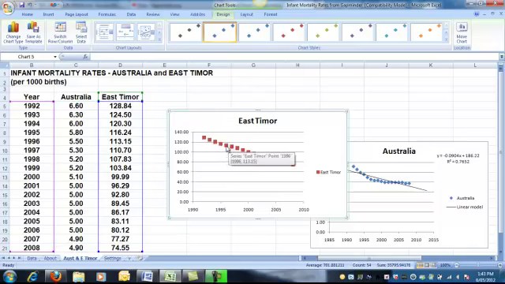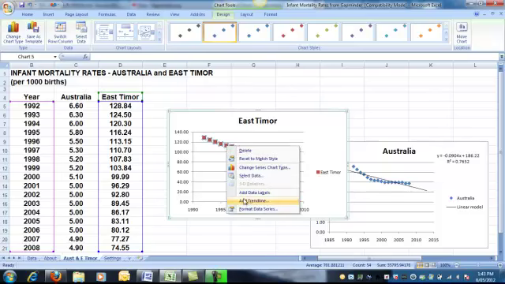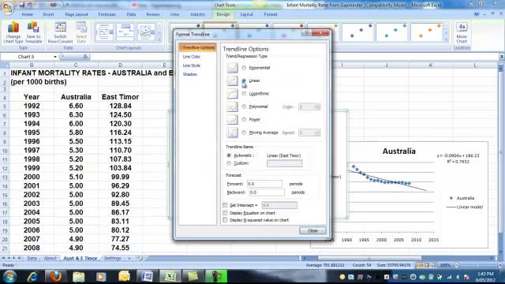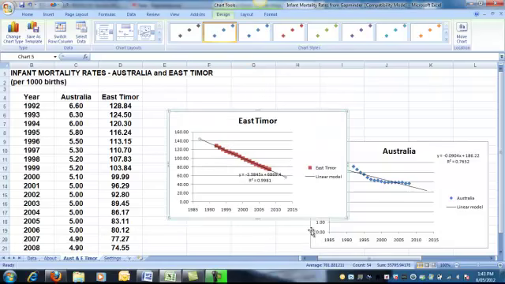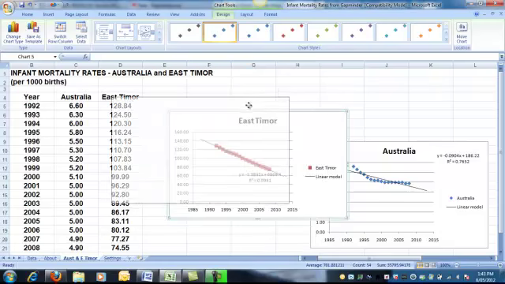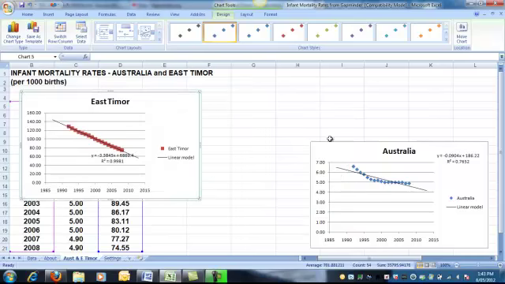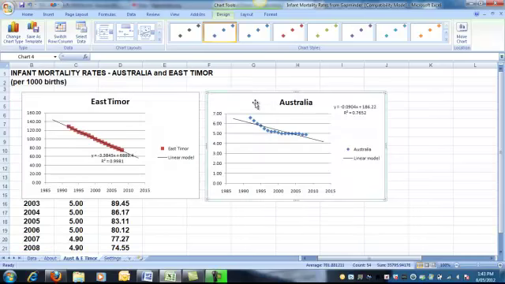Again, to insert a trend line, right-click on the graph, Add Trendline, choose Linear, Custom, so let's call the linear model a linear model. And again, let's extrapolate our graph forward and backward by 5 years, and again let's show the equations. I'll just cover that over there